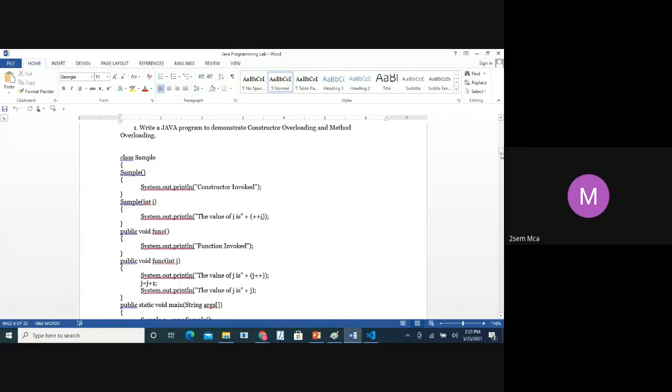And one more thing for your lab record: right now keep ready your soft copies. With respect to the Java lab, keep all soft copies of your programs and executed output ready for your record. We'll see at the end what happens. Still we don't know whether you people are coming back to the college, and we don't know about the circumstances. So the best option for us right now in this situation is to keep ready your programs as soft copies.